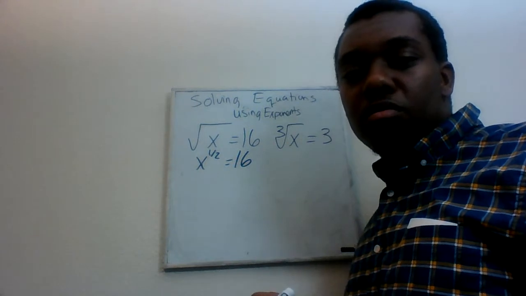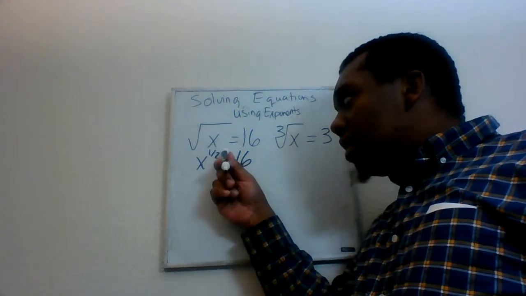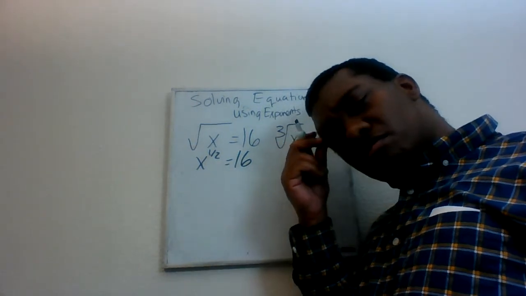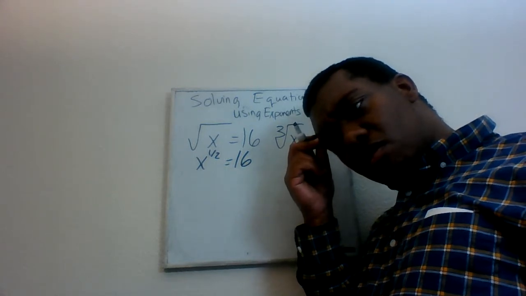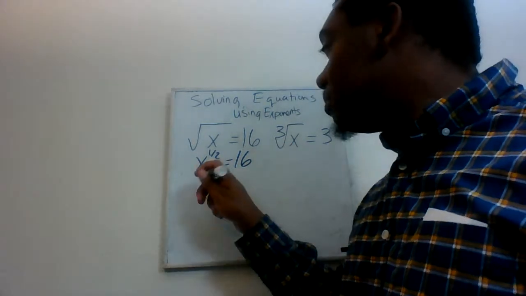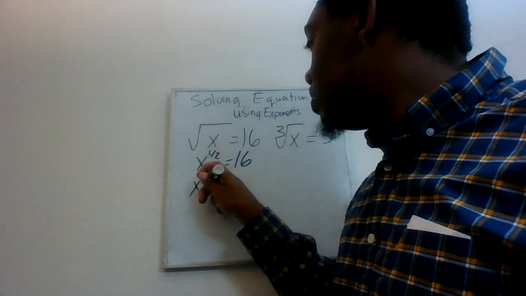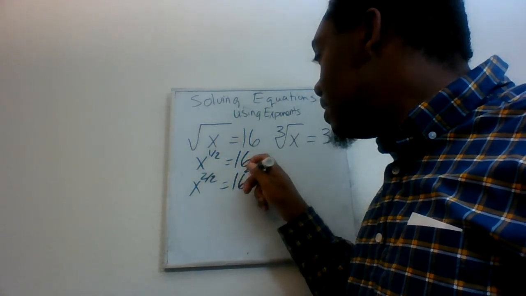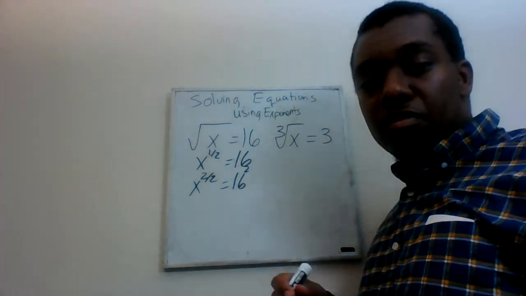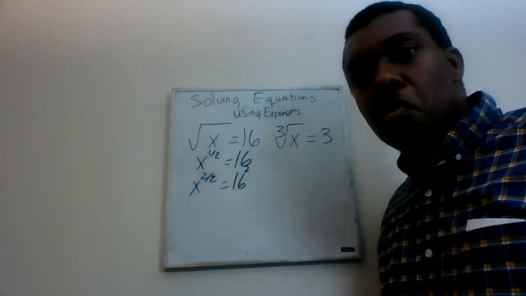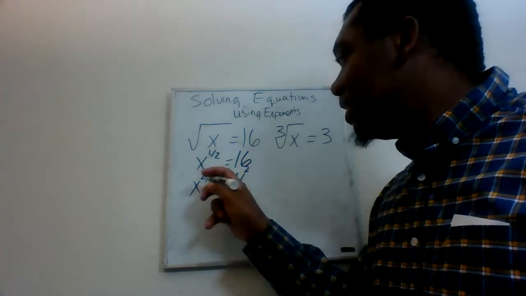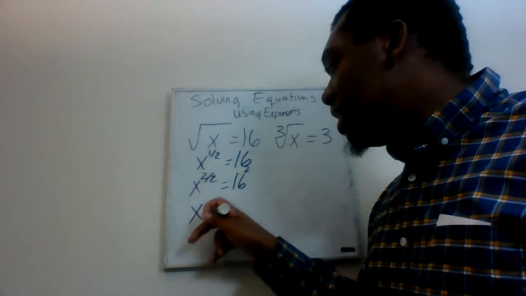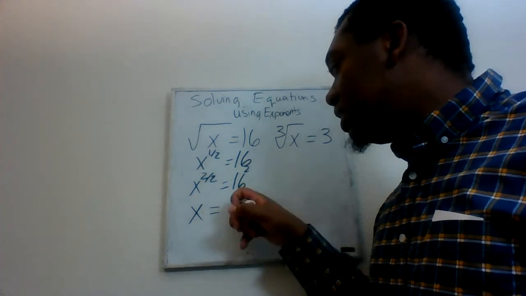Okay, cool. Well, how would I get rid of a 1/2? How do I get rid of half? How would I make that a whole? Oh, and multiply it times 2. So this will be x to the 2 halves. And we'll multiply this exponent up here by 2 as well. So it's squared. Oh, that looks kind of like what we just had, right? So 2 over 2 will give us 1. So we have x to the first power equals 16 squared,